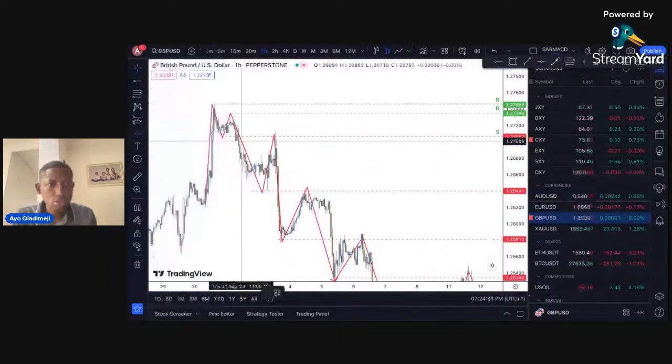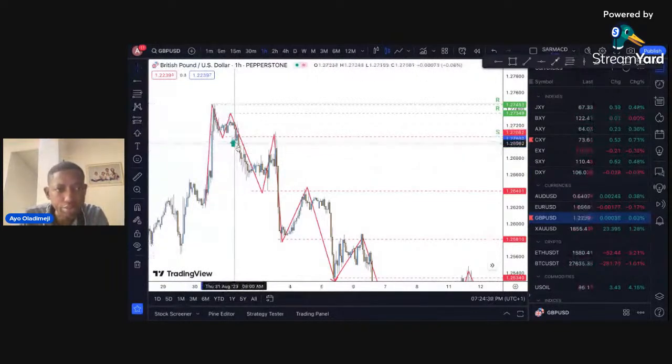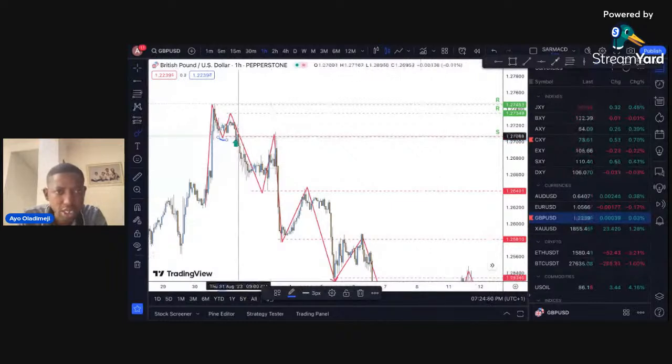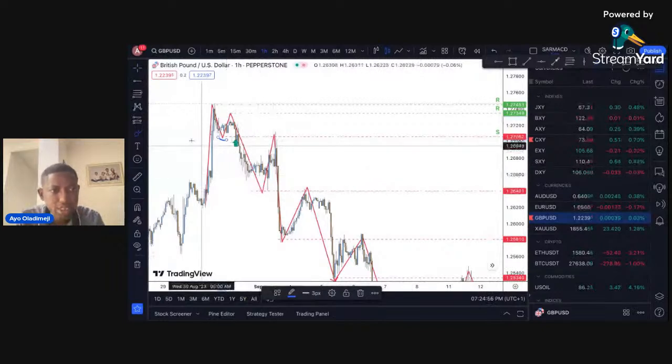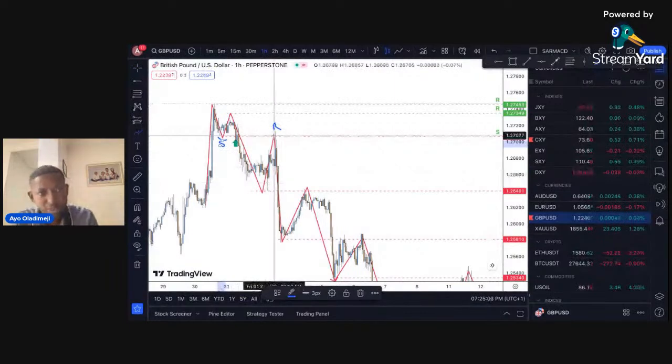So then here price broke the support. So here we have the support, right? This is the price level 1.2706, and then price broke through it, right? And then it went all the way back, and it became a resistance. Can you see it? It was a support here. Price broke through that support, and then when it came here, it became a resistance, right? And that's why you saw price react at that level, and then it came down.